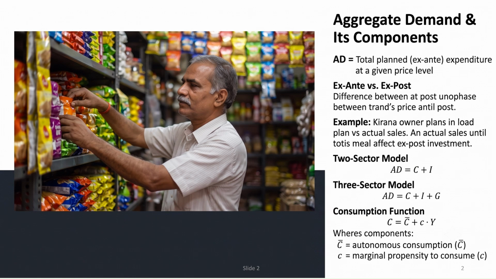However, during Diwali, customers' demand surges beyond expectation. Eager shoppers buy 10,000 more goods than Ramesh ji anticipated. Quite a happy Diwali, forcing him to pull directly from his planned inventory. Because of those extra unplanned sales, his actual stock at the end of the month drops from his planned 50,000 down to 40,000. That final actual stock on his shelf is his ex-post investment. This unplanned 10,000 drop in inventory signals to Ramesh and factories across India that demand is high, prompting them to increase production and hire more workers.